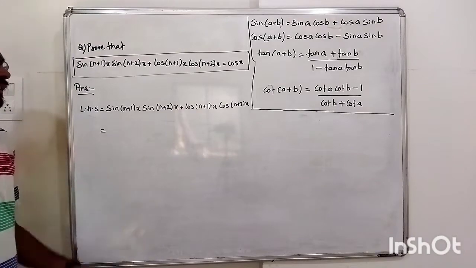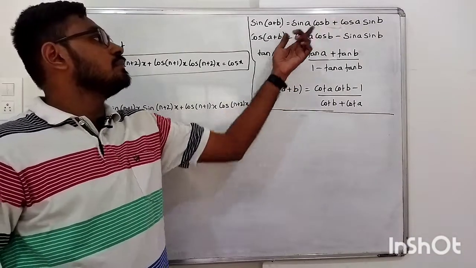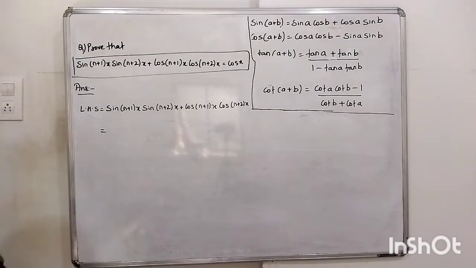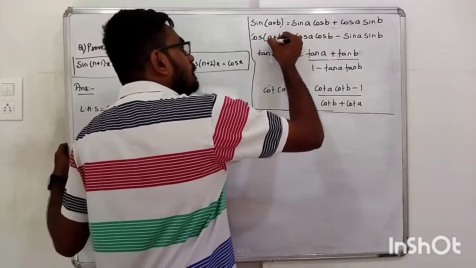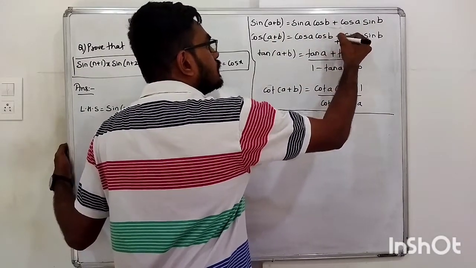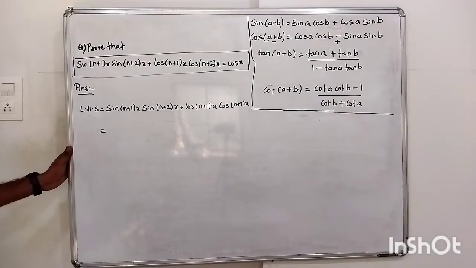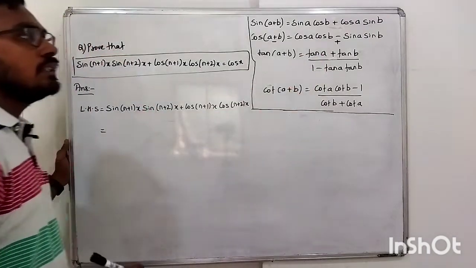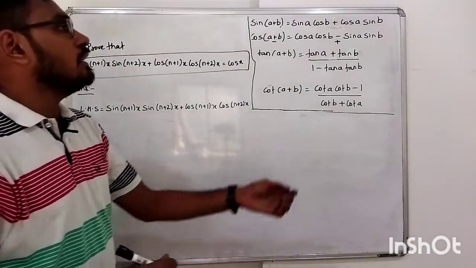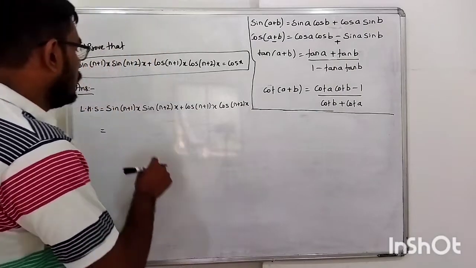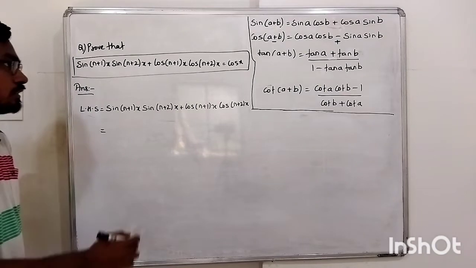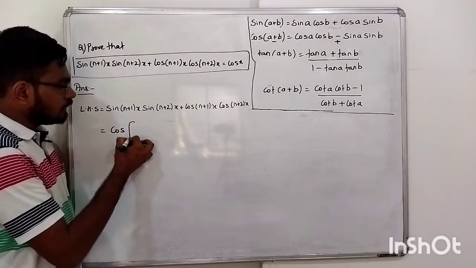Now this is again one of these two formulas, but it is not properly arranged. If you see properly, cos of A minus B is the same as cos A cos B plus sin A sin B. So this will be the same as sin A sin B plus cos A cos B, correct? The other way around you can also write sin A sin B plus cos A cos B, and here we have the same thing, sin A sin B plus cos A cos B. Which is the same as cos of A minus B.